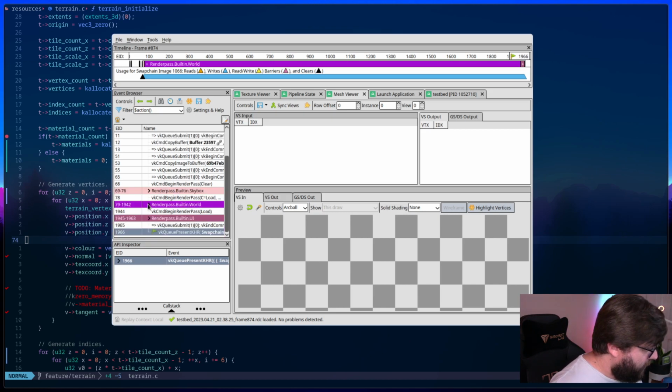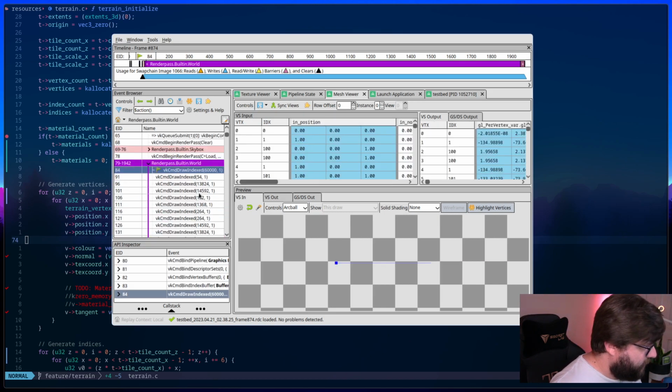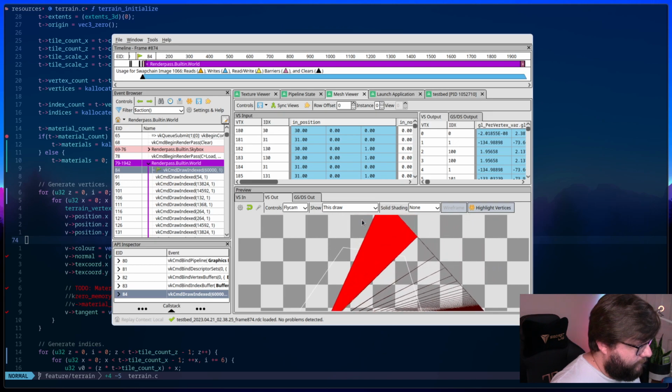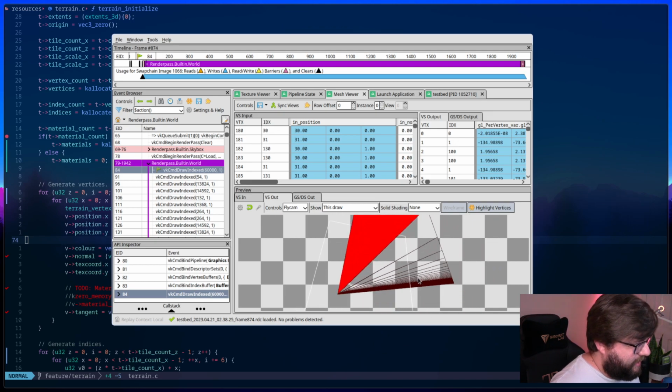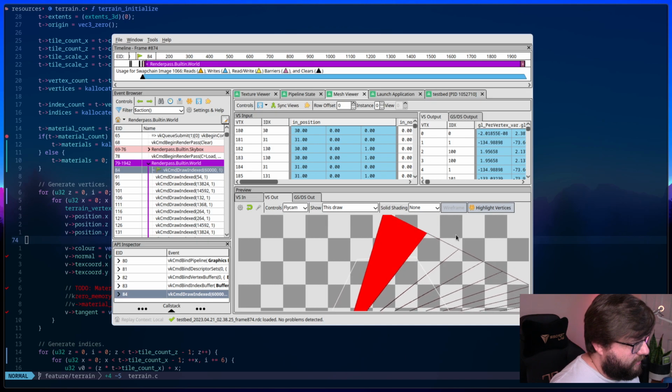So in the world render pass, this first one, all these positions indeed have a y of 0. Oh, that's definitely not generated correctly. That's probably why, actually.